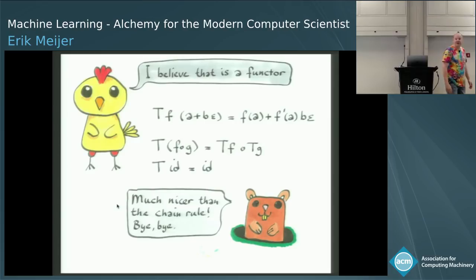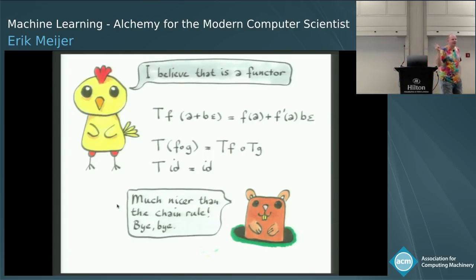So what do we have here? We have a functor, and the functor lifts f, which is defined over real numbers, to these dual numbers. Okay? And this is quite nice. So we have found a functor that will automatically compute derivatives for us. And if it's a functor, well, it should distribute over function composition, and it should maintain identity. And